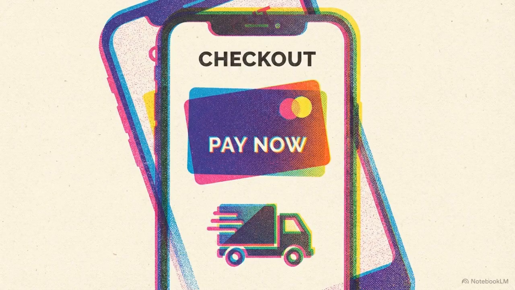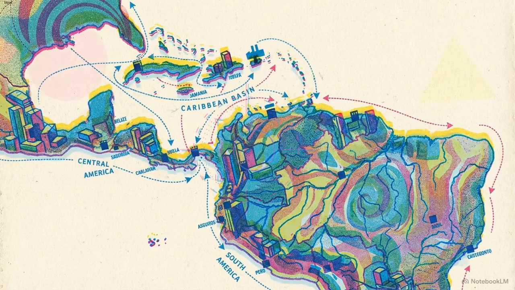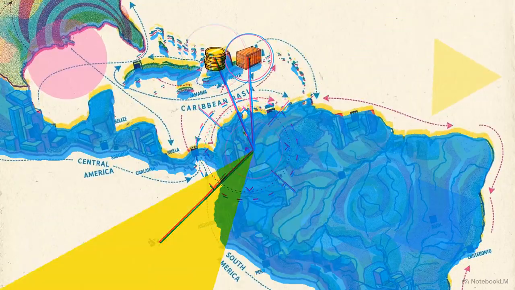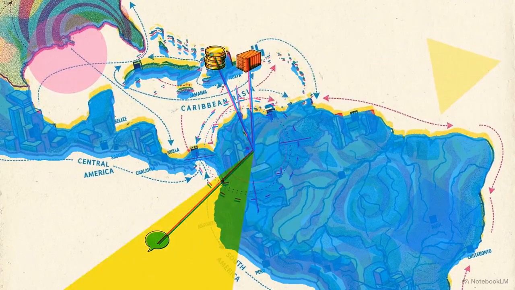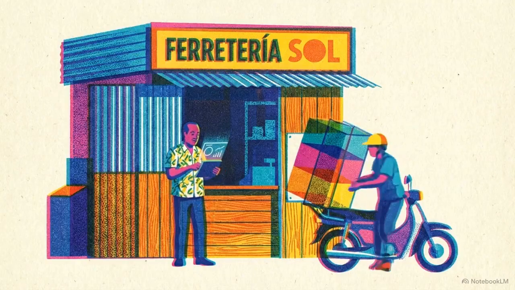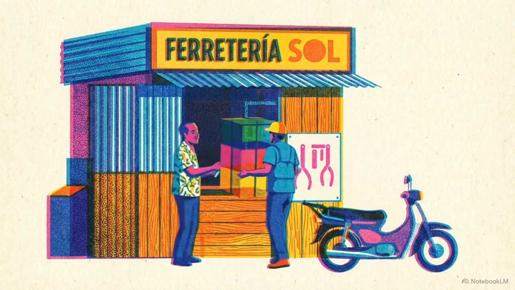It assumes your customers pay through Stripe and expect next-day shipping, ignoring the regional reality of cash-on-delivery and local logistics. The context prompt forces the AI to recognize your actual operating environment, including local currencies, import-heavy supply chains, and WhatsApp-driven communication. By stripping away Silicon Valley assumptions, the software begins to work within the actual economic physics of your neighborhood.